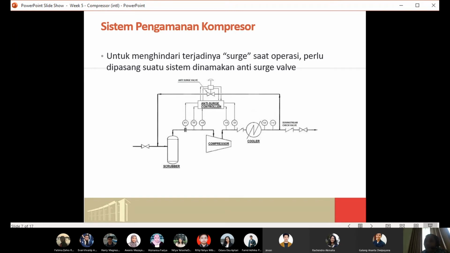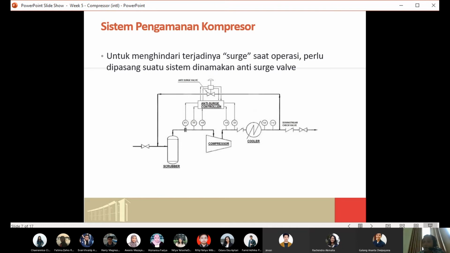Also sometimes blackout. Blackout can also create the problem of low gas flow rate, because during a blackout the valve will directly stop, meaning the valve will be directly closed. When the valve closes, there will be no gas coming to your compressor anymore, and that will initiate the problem of surging.